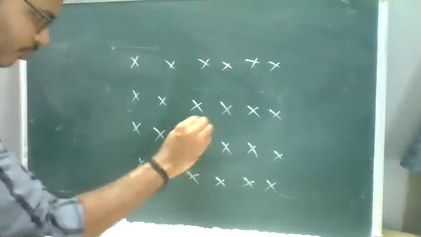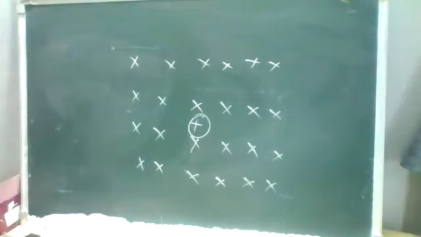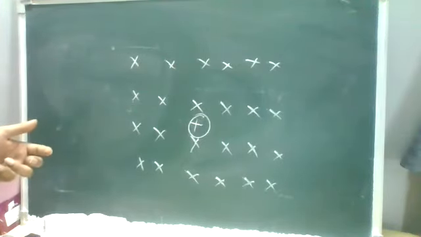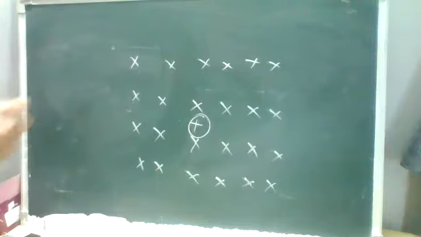Okay, now the heading was motion of a charged particle in a uniform magnetic field. Suppose there are some magnetic field lines which are entering the board. Inside the field lines, I am placing a positive charge. So the Lorentz force and its direction: when you place a positive charge, remember Fleming's left-hand rule. What will happen? The charge will try to travel because of the force exerted on it.